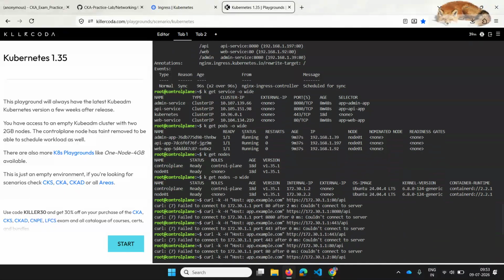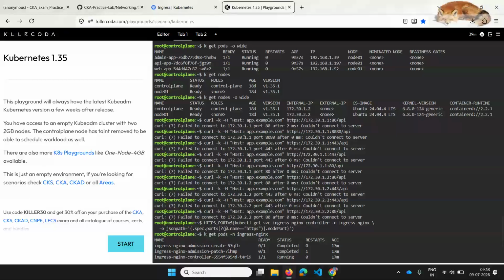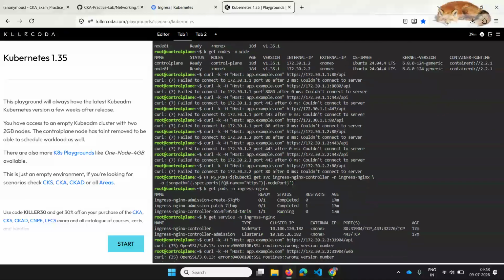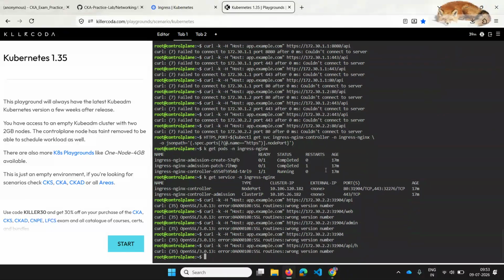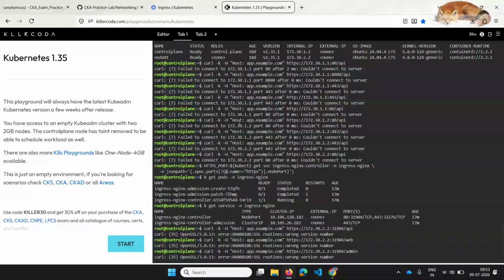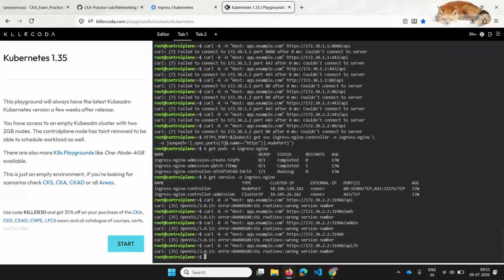We have also debugged an issue that the port is not working. Basically, we should not take the port number from the ingress. We should be taking the port number from the ingress controller, from the ingress service or any other service of your ingress, which is in the namespace of ingress.